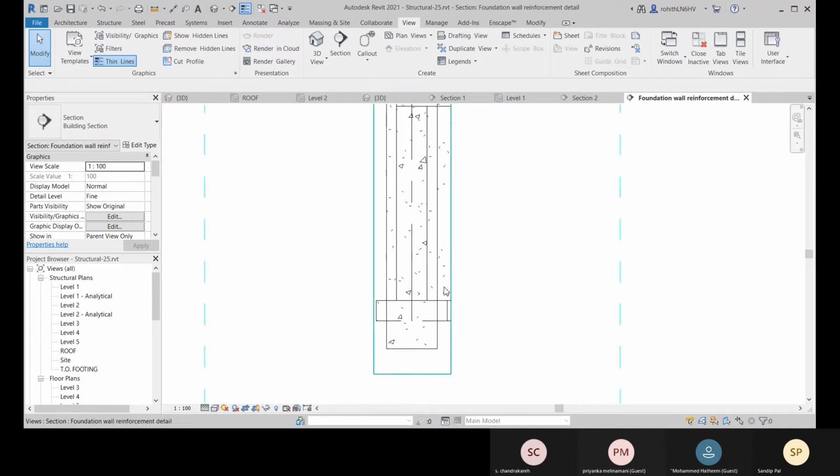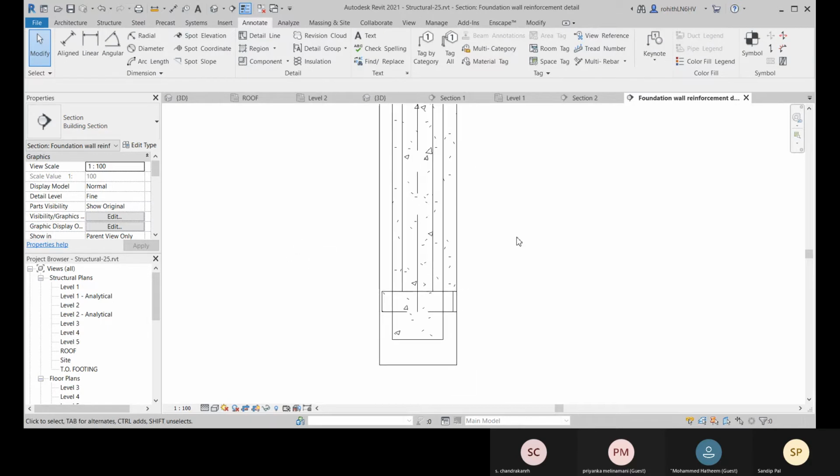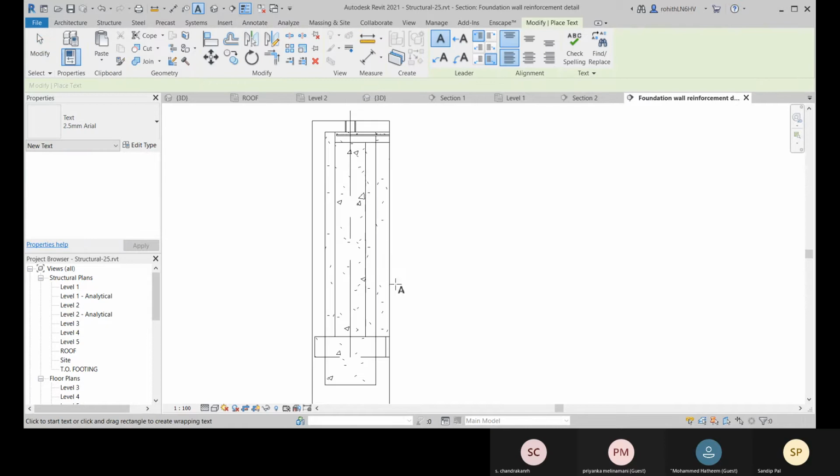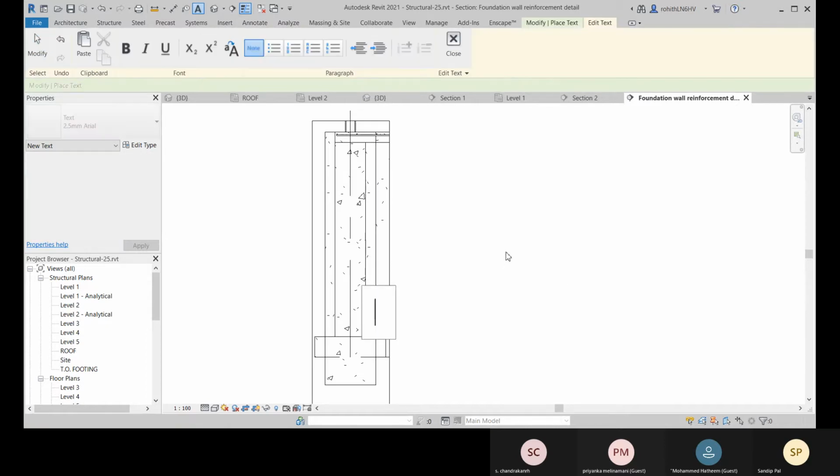now after that you will be placing your text. So come to annotate here, you will be placing your text. So go to this text, and suppose for this one or for this one, you just place the text like foundation wall.